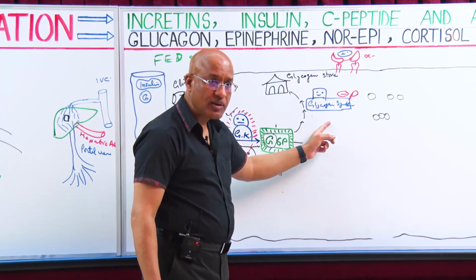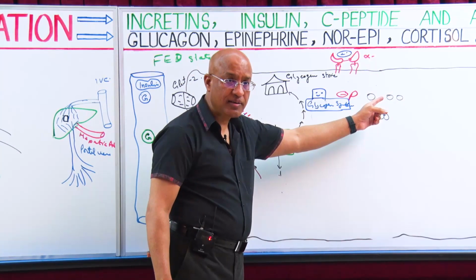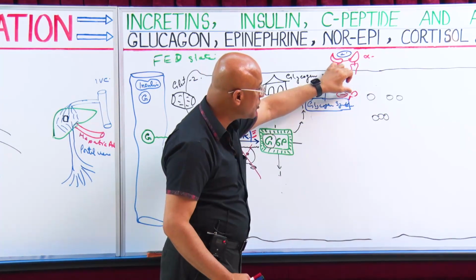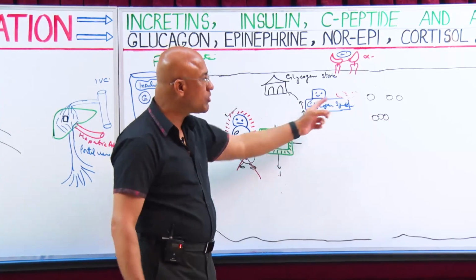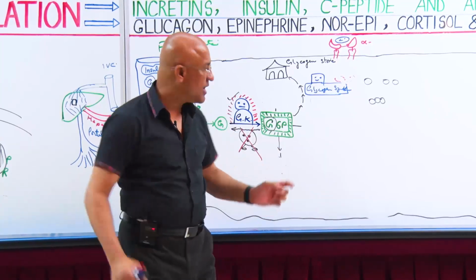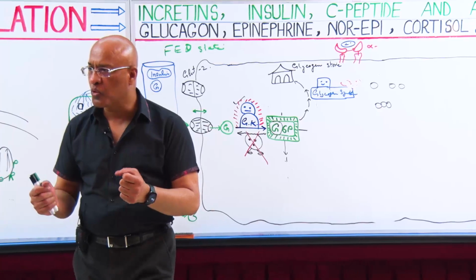To activate this, insulin should activate some phosphatase which should remove this phosphate. And when this phosphate is removed, we say this enzyme is dephosphorylated. And as soon as it is dephosphorylated, it becomes happy. It becomes happy and starts the full action and rapidly starts converting what? Glucose into glycogen.